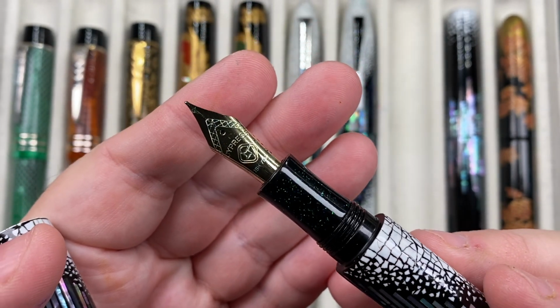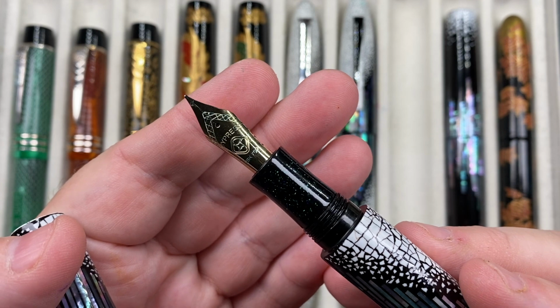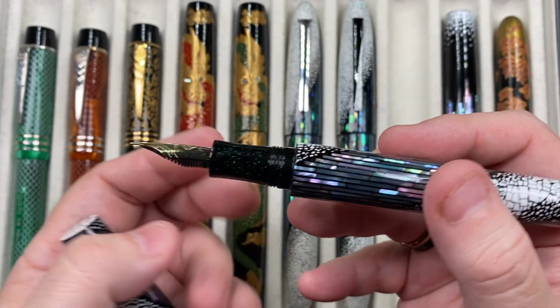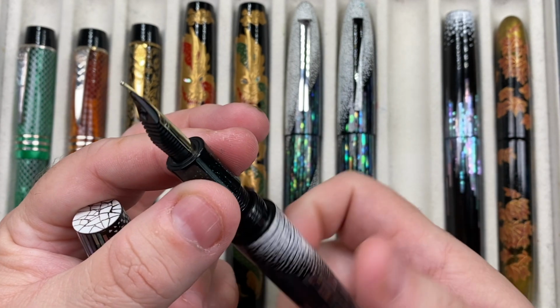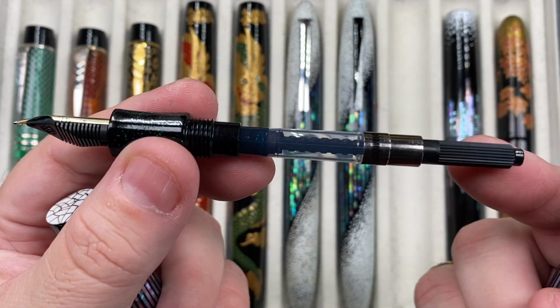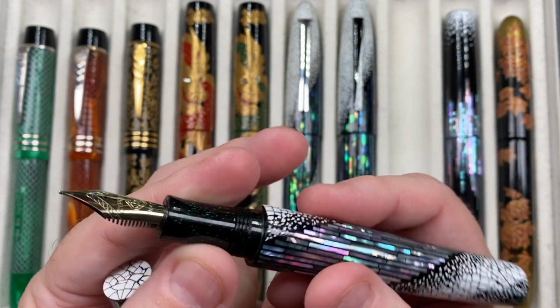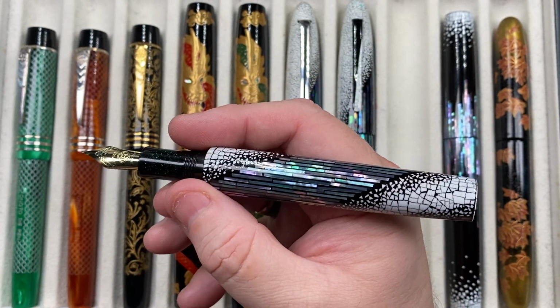And I got this with a Mr. Cypress nib. It's an 18 karat gold nib here. I got it in a medium. It's got an ABS plastic feed. These are cartridge converters. You can see I've pretty much written this one almost dry. But the interesting thing about Mr. Cypress is that